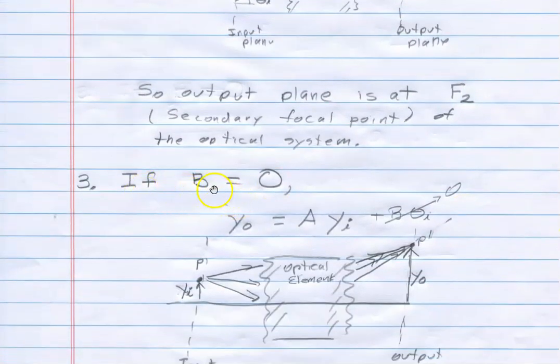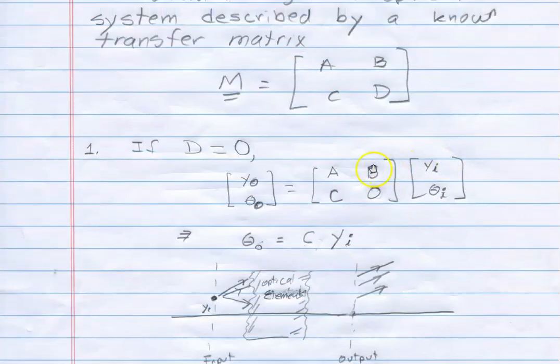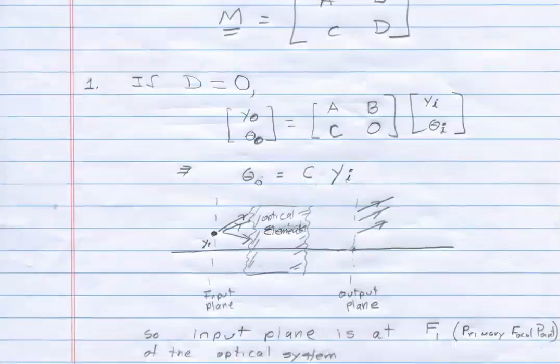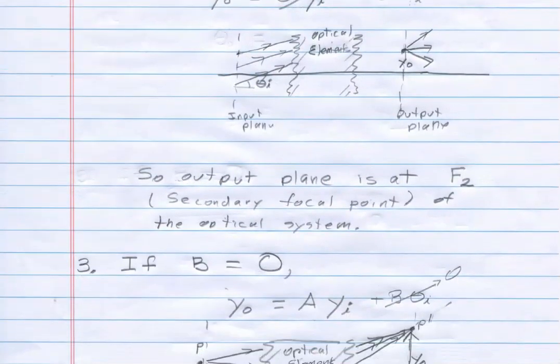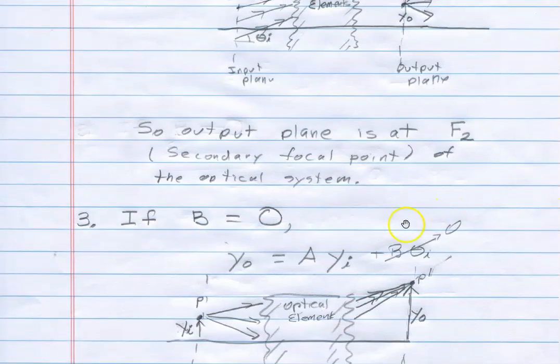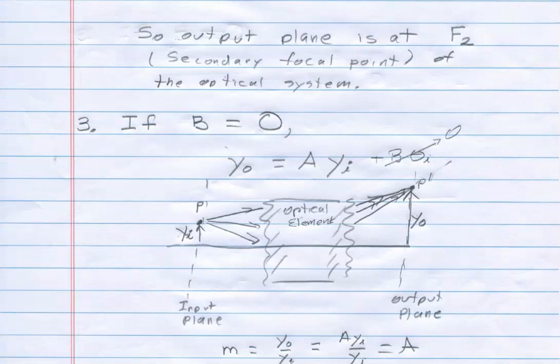If B is equal to 0, so now we're up here, B is equal to 0, then I get y output is equal to A times y input. The B term, the theta term, goes out. So in this particular case, if B is equal to 0, the B term goes out, and I get y output is equal to A y input. And that's kind of interesting